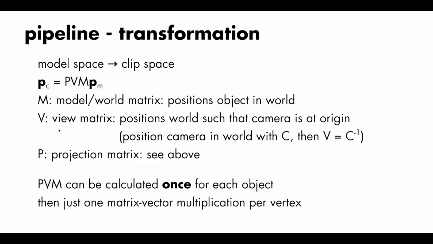Then we have the view matrix, which positions the camera in the world, or actually it does the opposite. If you position the camera in the world somewhere with the matrix C, that is really quite similar to putting the camera at the origin and moving the whole world around it such that it looks the same. That is what the view matrix is. It's actually the inverse of that camera matrix, which